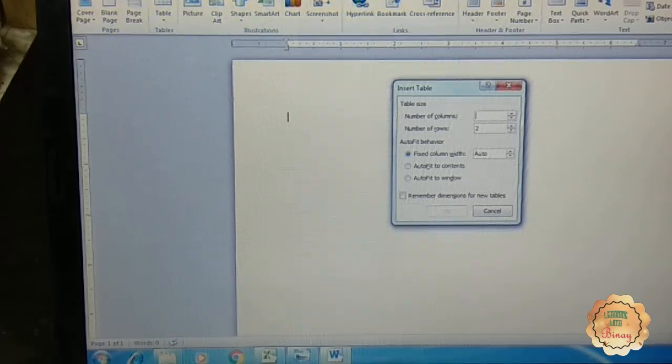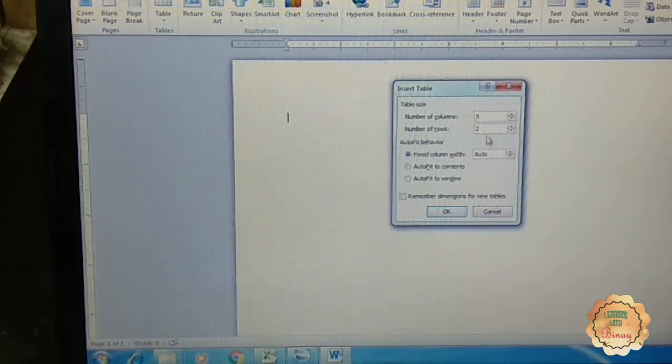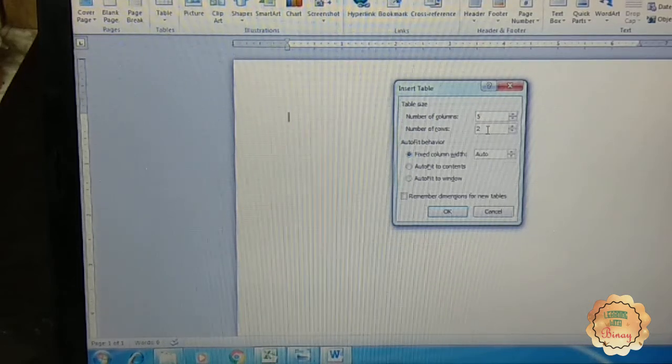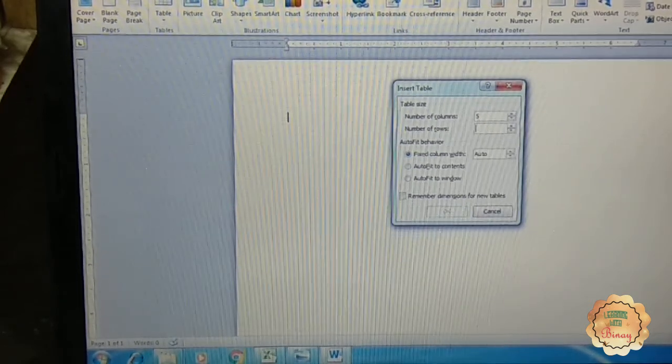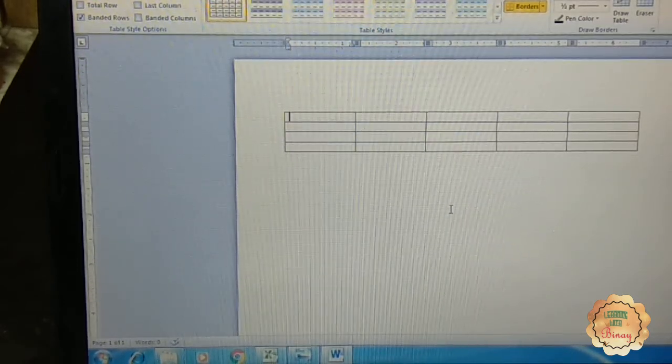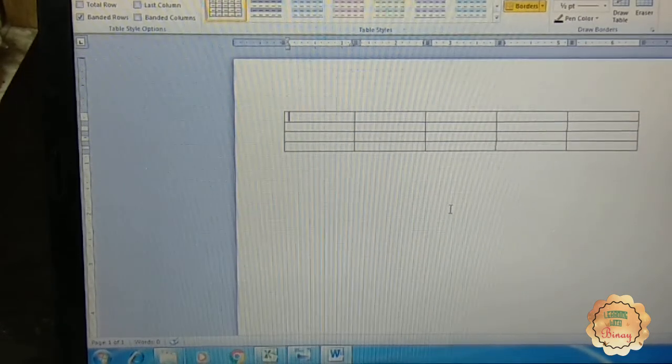Like if I write 5 here, and then required rows. Suppose if I write 5 and 4. Now create. Then you got the table.